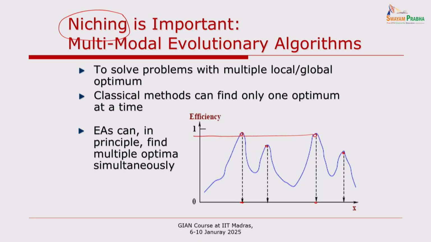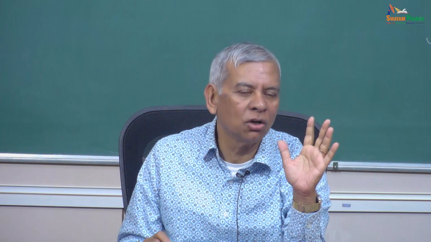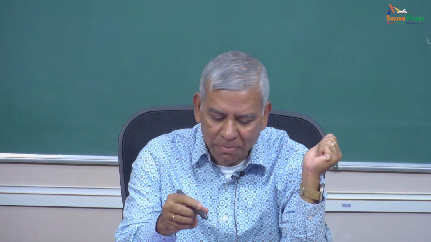Now one thing is, if I apply optimization with point-based methods, I start with some point and it's going to climb up the hill with gradients and everything, and then we'll get stuck. If I want another one, I have to start from a completely different place and maybe we find the other one, right? Now if your goal is to find any one of these local or global maxima or minima, then it's the usual thing we do, right? You can use any of these algorithms we talked about. But multimodal